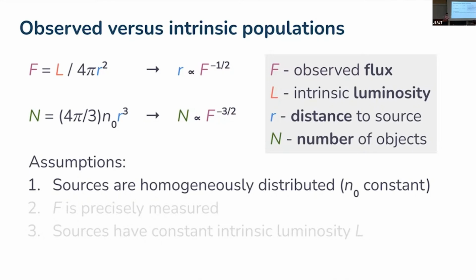So something that you know to be uniformly distributed in this spherical volume, if you make a cut on flux, if you say I'm only selecting things above a given flux threshold, which is the apparent amount of light that you see, you actually end up with this kind of weird biased distribution of sources, right? Where the differential number counts dN/dF is going to be F to the minus 5/2.